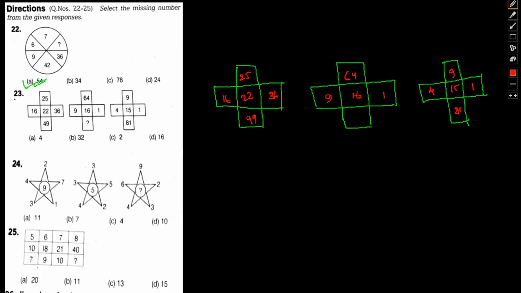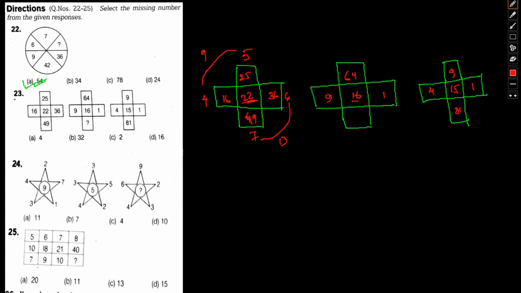Now how can we identify the pattern? So let's ignore the central number, that is, let's ignore these numbers, okay, 16, 22 and 15. And if we take a look at all the other numbers, all these numbers are perfect squares. That is, 25 is the square of 5, 16 is for 4, 49 is for 7, and 36 is for 6. Okay, now if we add this up, 7 plus 6 is 13, 5 plus 4 is 9. If we add this up, this comes out to be 22. Okay, so we see a pattern over here.